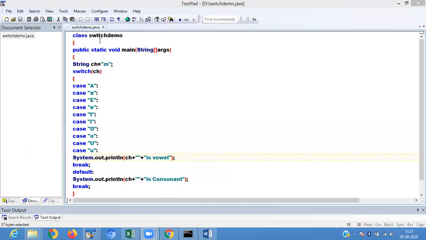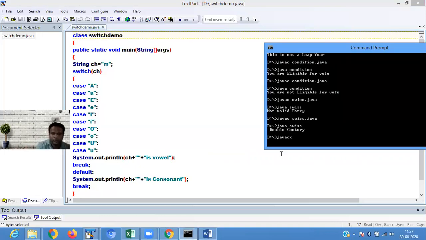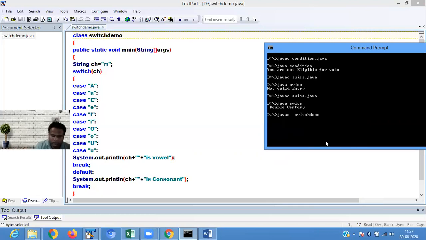So first I run the program. Java C. M is a consonant. It is not matched with any case statement, so the default statement is executed.